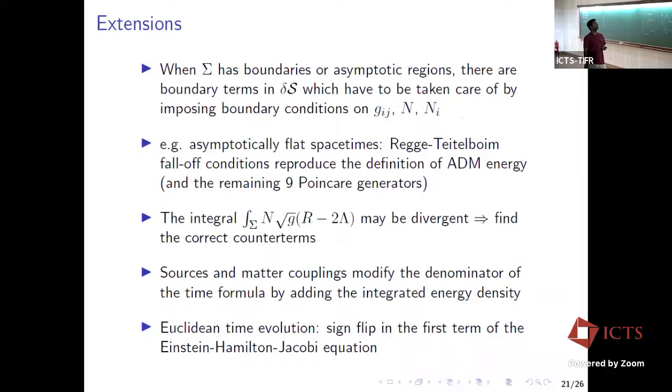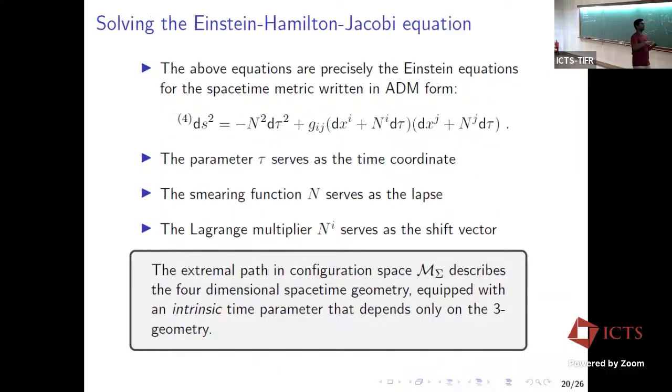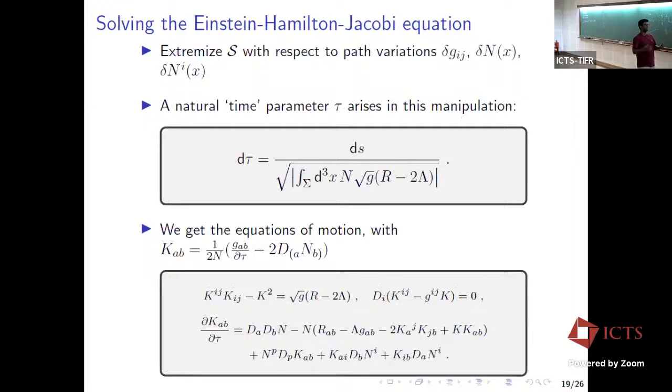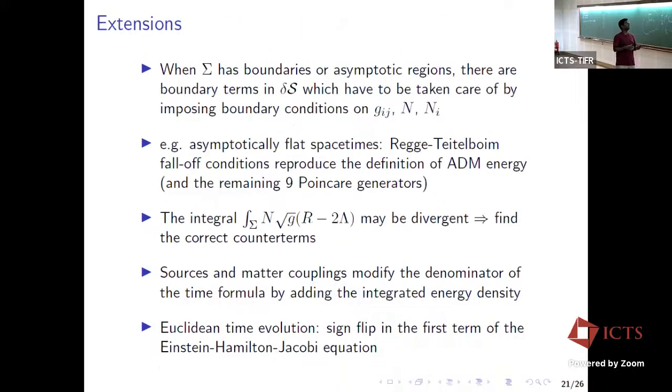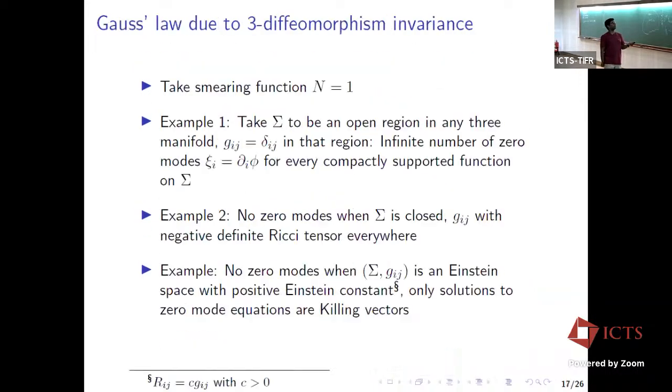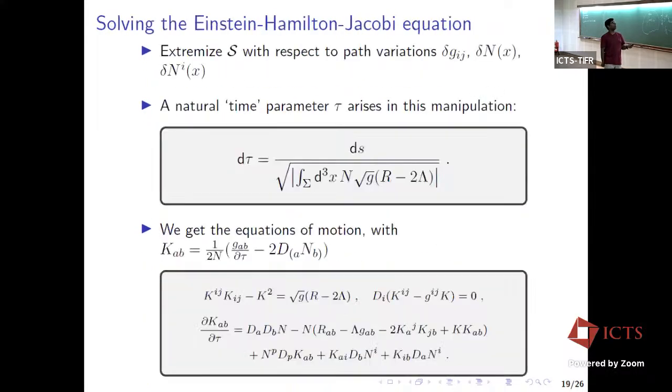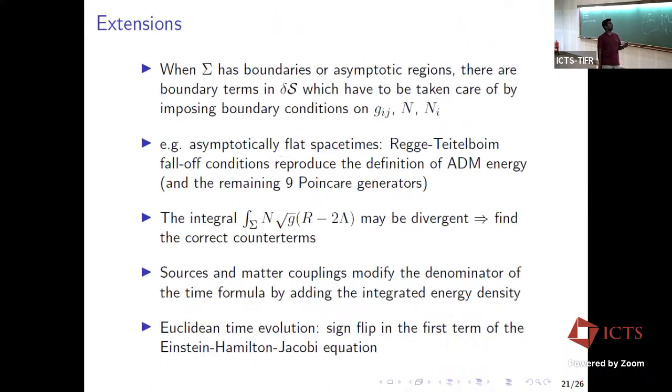Right. So there are extensions. So far I assumed that in all these manipulations where we extremize, there are some partial derivatives which give rise to boundary terms. I've assumed that all of them are 0 or can be set to 0. So they are 0 automatically when sigma is a compact manifold without boundary. But this procedure can be extended to situations where sigma has boundaries or asymptotic regions. In which case, these boundary terms in the variation of this formula for the principal function have to be dealt with in some way by imposing appropriate boundary conditions on the fields that appear in the formula. In particular, when you have asymptotic regions,